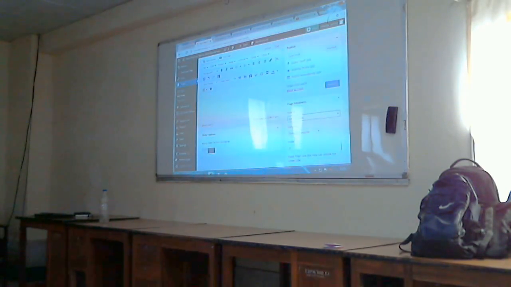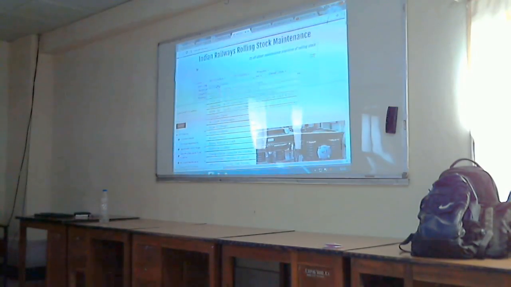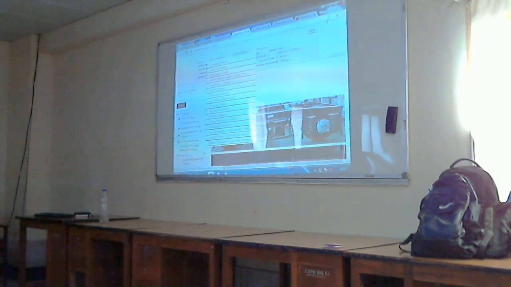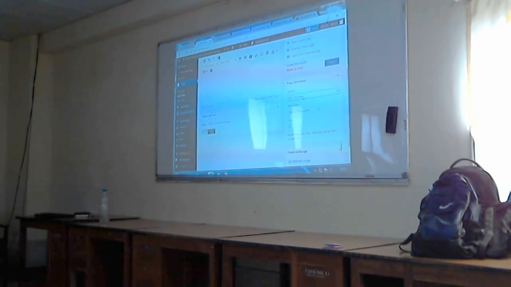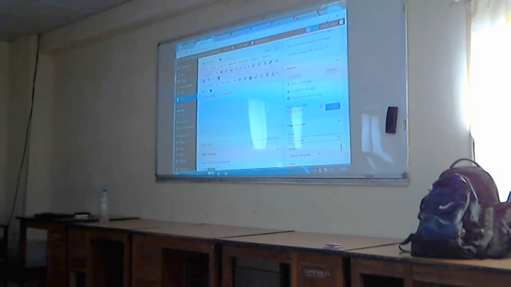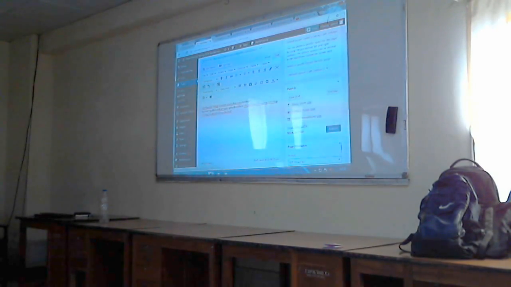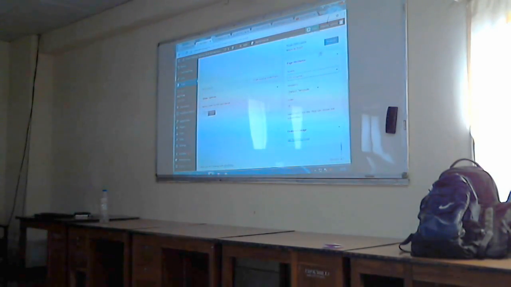Okay. So initially, if I see here under ICF coaches, Yadvindu animation is not appearing, right? But the moment I add this under ICF coaches and say publish, here I can make it public. I can just save it as a draft, or I can make it private also. If it is private, then only I will be able to see it. So let's make it public for the time being. Under ICF coaches, we are publishing this page.